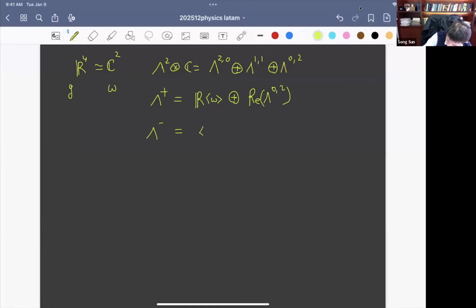So it's omega orthogonal inside lambda 1,1 R, the real-valued (1,1) forms. R means it's invariant under conjugation. So then SU2 is exactly the one containing SO4 is exactly the